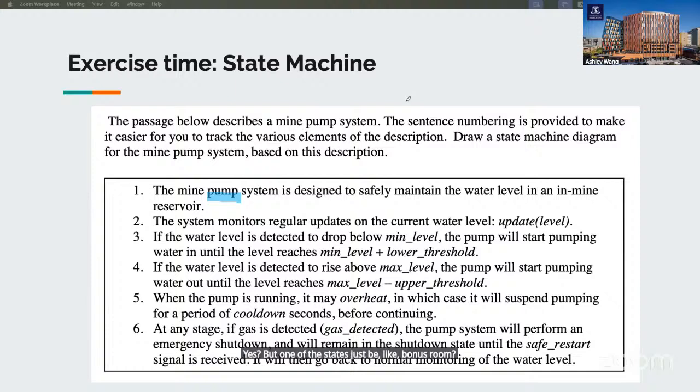Yes, excellent. Monitoring is definitely one of the states. Actually, I'm going to use a different color so that I don't confuse you. So the pump is the object we are working on. And then what else?